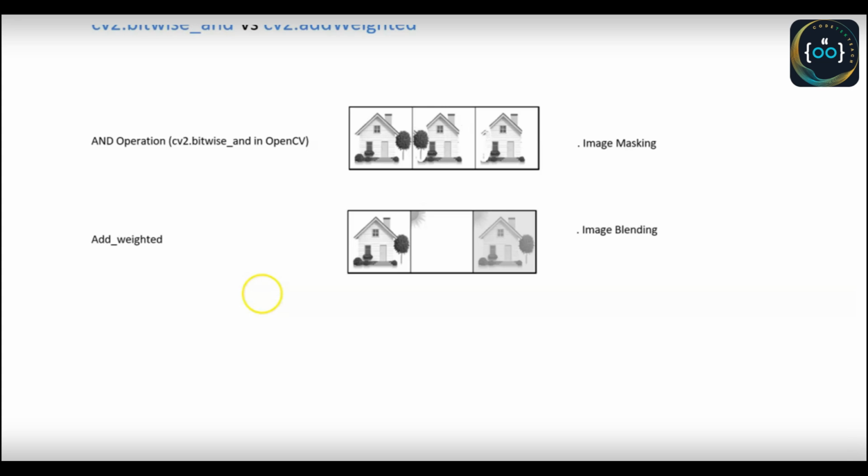Image blending, on the other hand, is the process of combining two or more images in a way that produces a smooth transition from one image to another, creating a composite image. The contribution of each image to the final result is controlled by assigning weights to the images. The weights can be uniform or they can vary across the image. For example, in panorama stitching, we might blend the overlapping parts of the image so that there is no visible seam